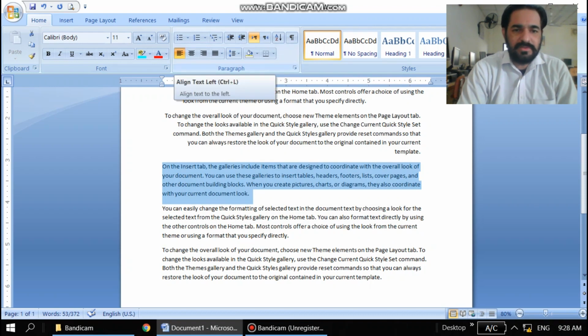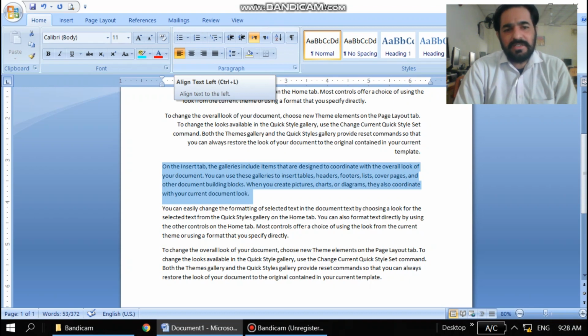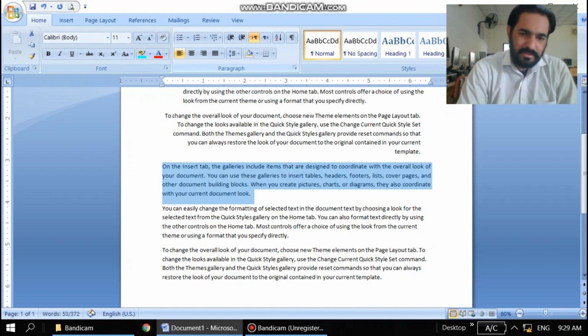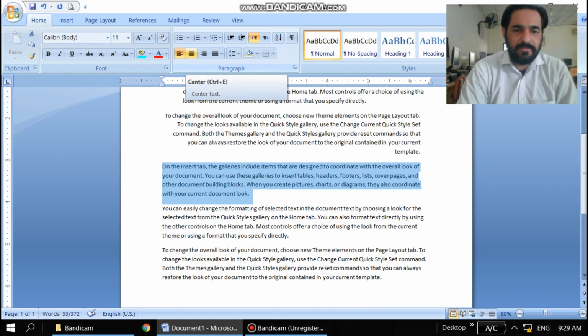Then we have bottom alignment. In paragraph alignment, align text left, and the shortcut key is Control L. So let's see, you can see there is a little change. And then we have center.